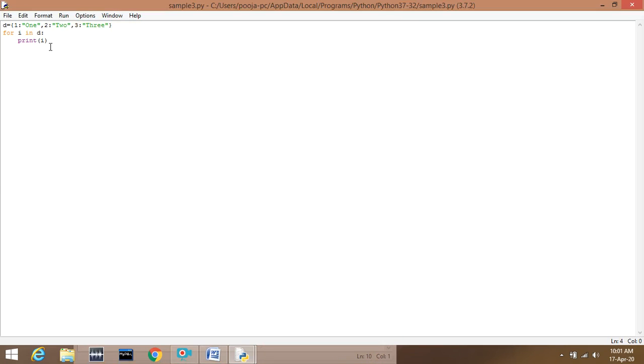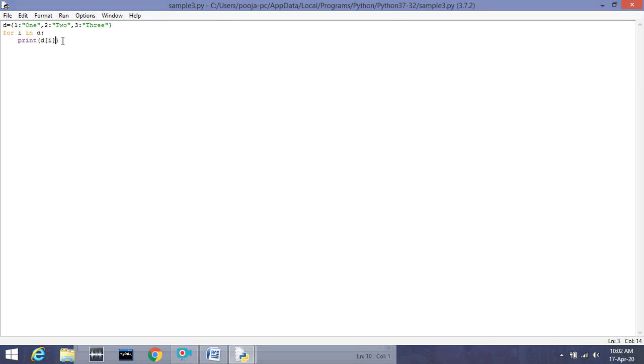Yes. Now what if I don't want to print key? I want to print all the values available in it. You have to write dictionary name, box bracket and the key. But here we have loop variable I, which is going to traverse a dictionary, which will store all the keys available in a dictionary. That's why I am using I here. So if you want to print key, you will use loop variable, and if you want to print values, you will write dictionary name and a loop variable.